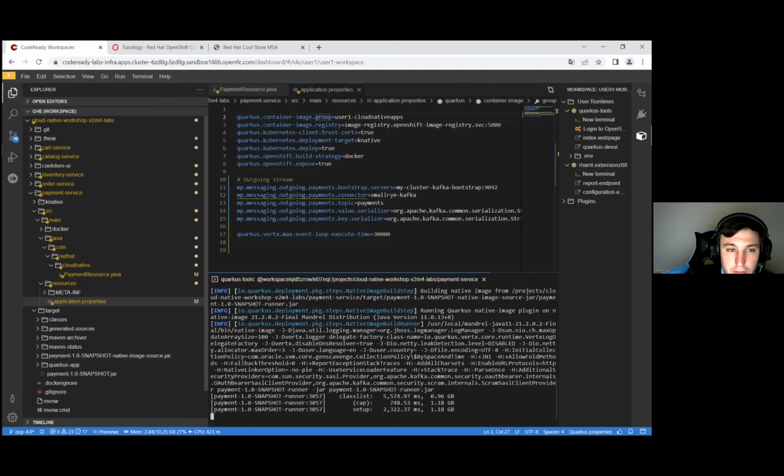So basically, or in other terms, we're going to use GraalVM instead of using the JVM,